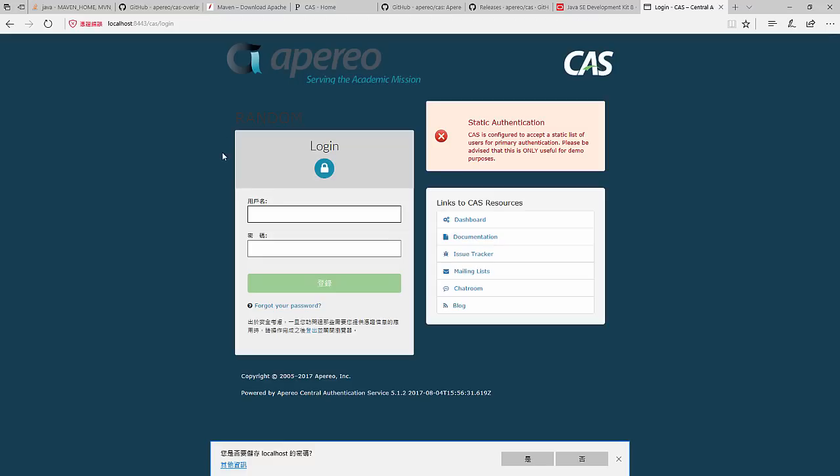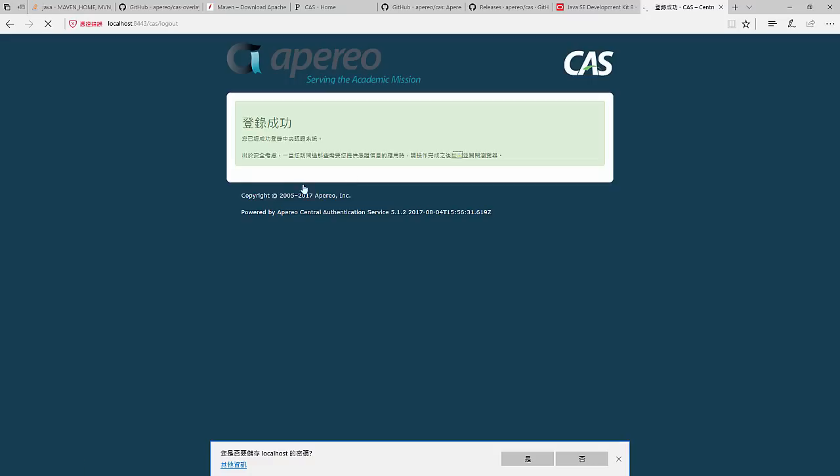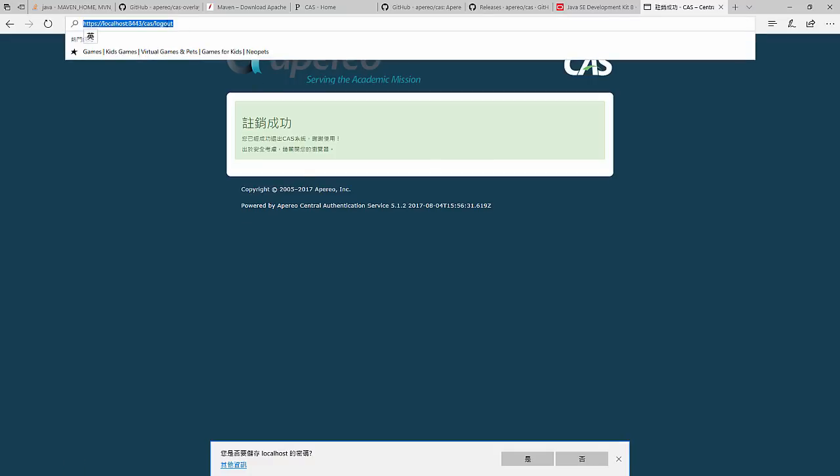Hello everybody, this is CAS 5.x, specifically 5.1.2, and you can log into the system and log out, very simple.